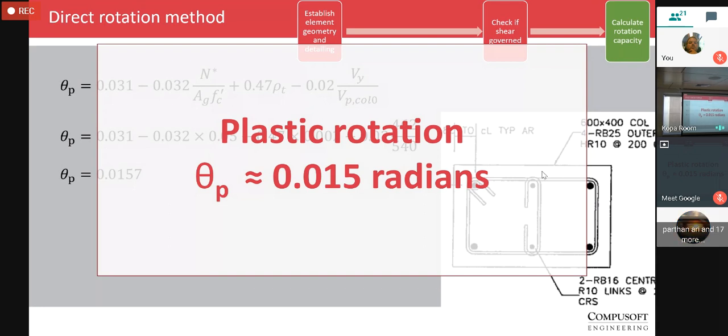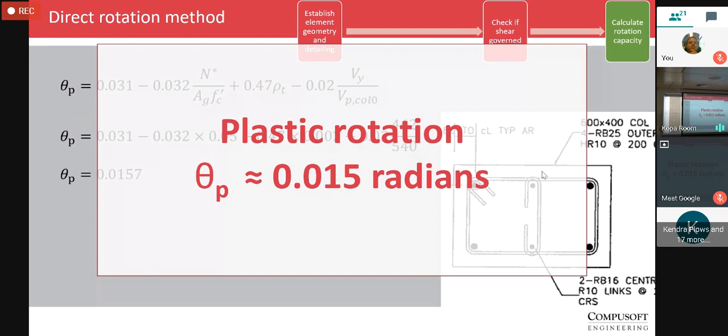The two points that are worth taking away probably are that the evidence I've seen is that generally the direct rotation method, at least for columns, which is where it's been examined quite closely, will tend to give a less conservative result than moment curvature. With moment curvature, you make a slightly conservative assumption on the spalling strain, and then a slightly conservative assumption on something else, and then another. They all just compound a little bit at a time until you've tuned into the capacity, whereas these values, leading to the second point,